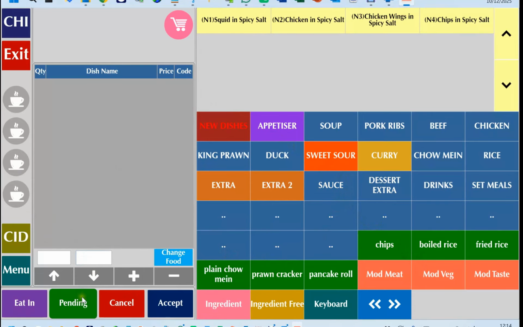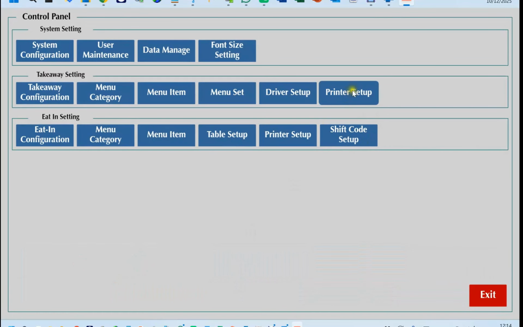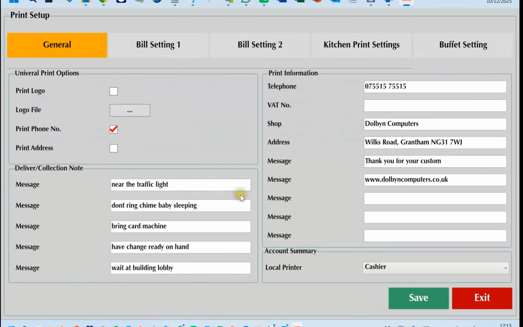Okay, so that's it for driver management. Now let's move on and talk a bit about the printing settings, which is also known as the printer setup. Now this one is for takeaway, and this is the printer for dine in. So looking at the printer,